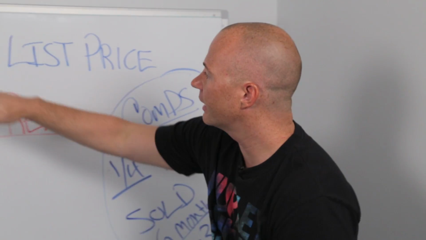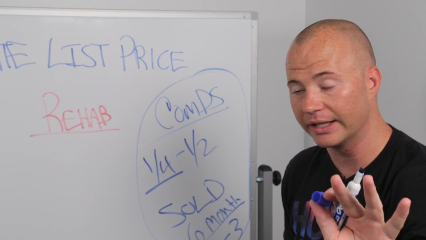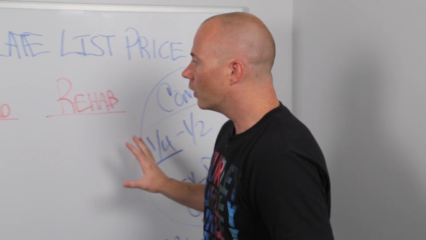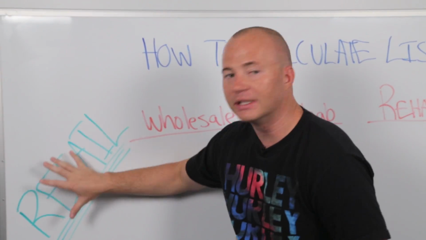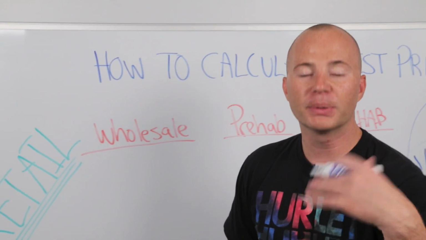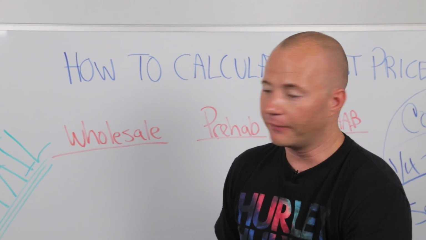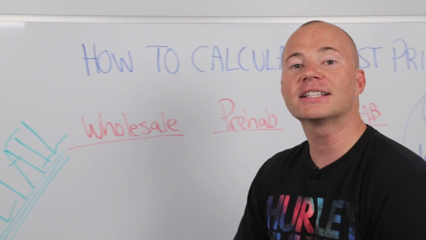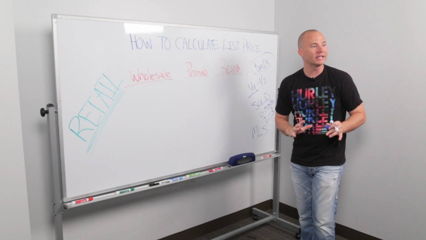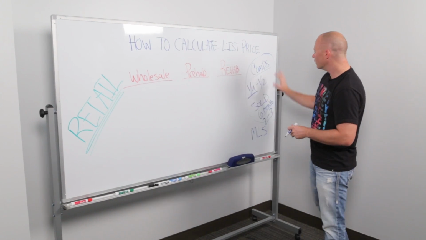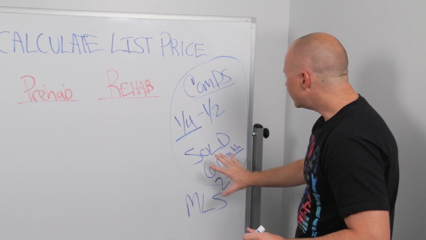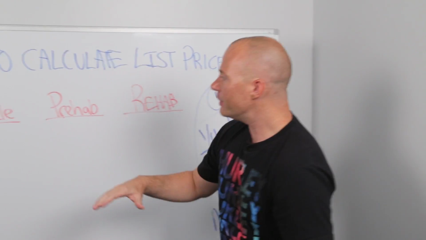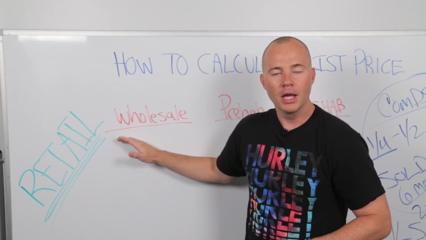Now, coming up and calculating your list price when you're going to be selling, you need that information. But let's just really dumb this down for you. All you have to do is identify what retail would be on the particular property that you're selling. If it was already fixed up, fixed up to the nines, what would retail be? That's the magic number. You've got to find out what retail would be. So if you look at all these comparables and come up with a retail figure of, let's say, $100,000, and maybe you're going to be wholesaling this property off, but retail is